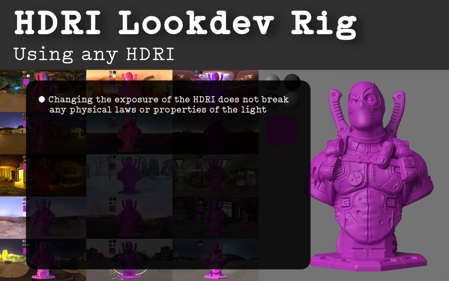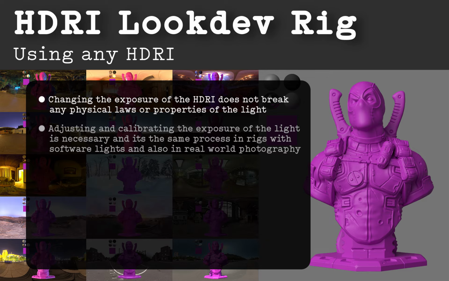So if you still think changing the exposure and colors of an HDRI changes its physical values, definitely not. It doesn't. This is exactly the process that you do if you are creating a rig with software lights. You will adjust the lights exactly as I've shown in the HDRI exposure calibration. You will adjust the exposure so that the object is neither underexposed nor overexposed. It gets illuminated with the exact luminance of its texture color. And this is the exact same way production look dev rigs are made, by properly calibrating the exposures of software